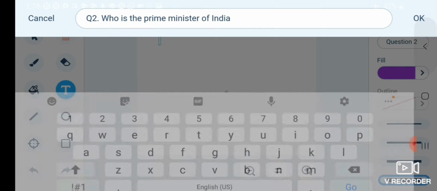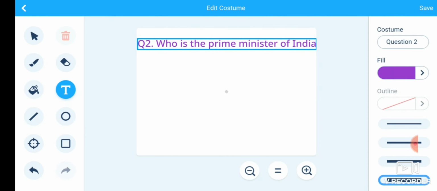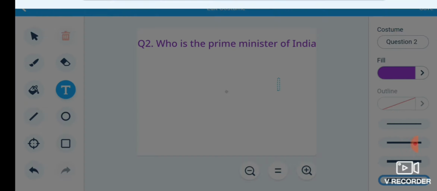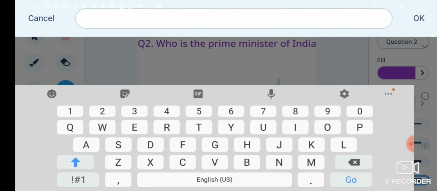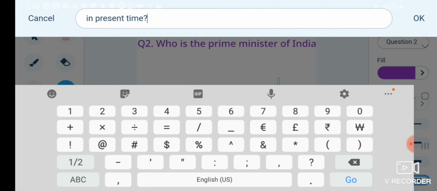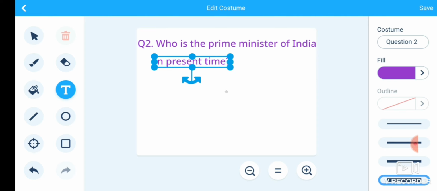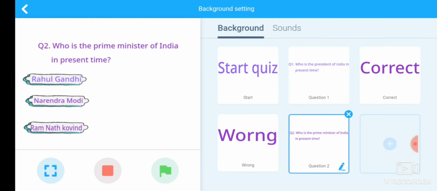We will type this in a new line. And then save it.